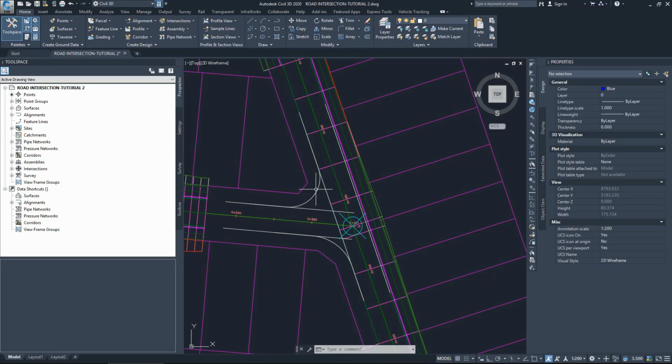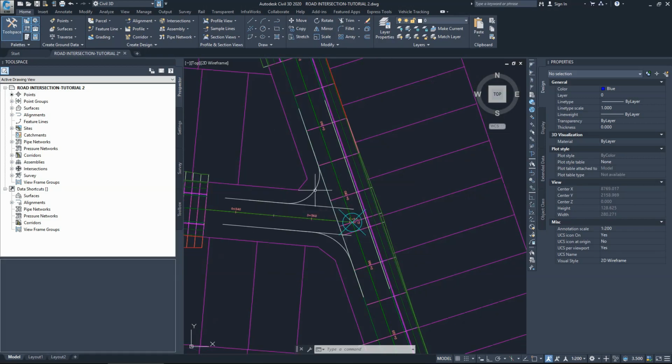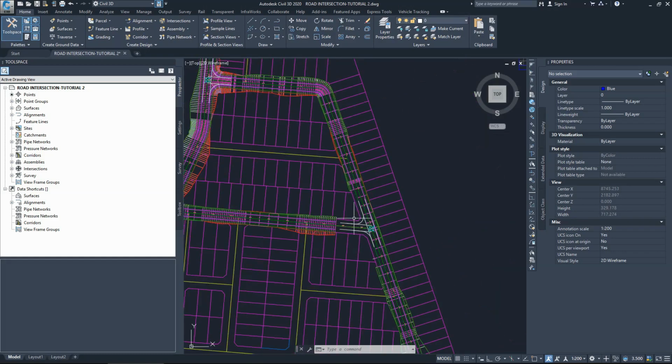So as we agreed, these lines represent alignment and profile, and what we need to start working on is the cross section for this alignment and profile, and that will allow us to create a corridor around this area. Okay, so before I start going into the design of the corridor for these curve returns, I need to look at one thing that we are familiar with at this stage from our previous design of the intersection,